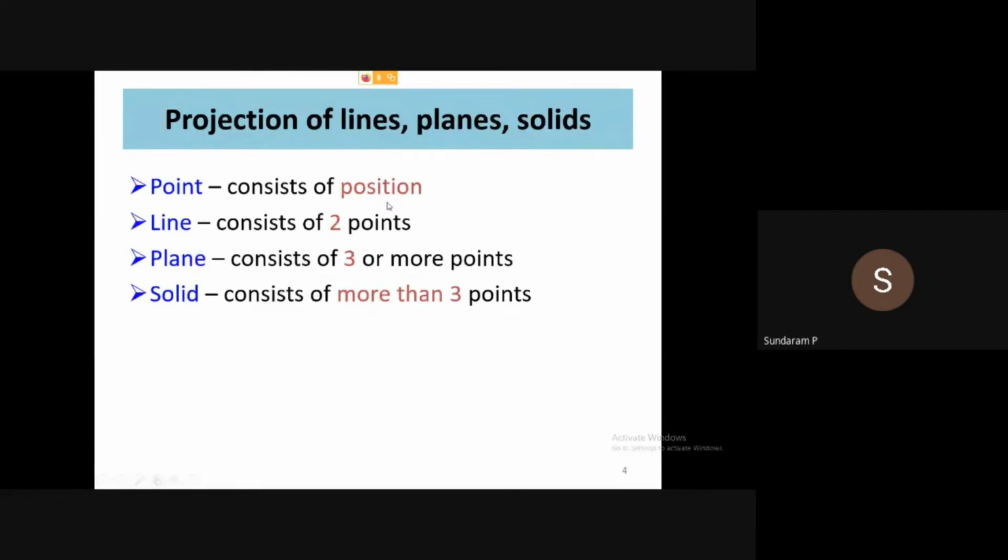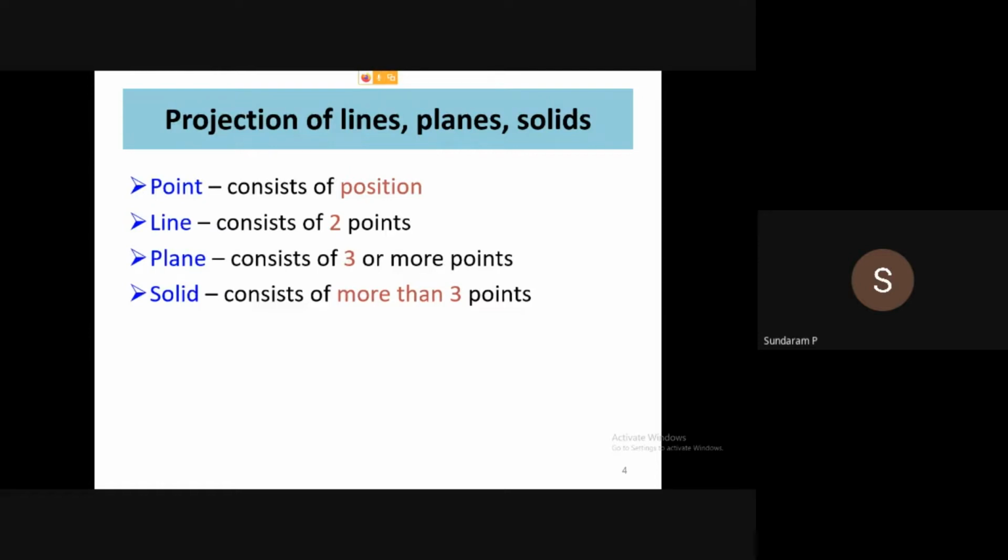So here a point is nothing but the position of the object or location of the object, which doesn't have any magnitude. A line is nothing but considering two points, we are making a straight line, which has magnitude. Similarly, a plane is something having different parameters: length, height, and breadth, with very small, negligible thickness. A solid is nothing but the three space coordinates, x, y, and z.